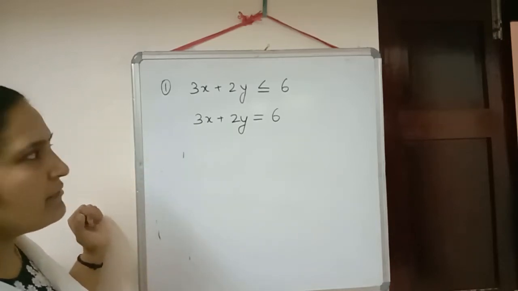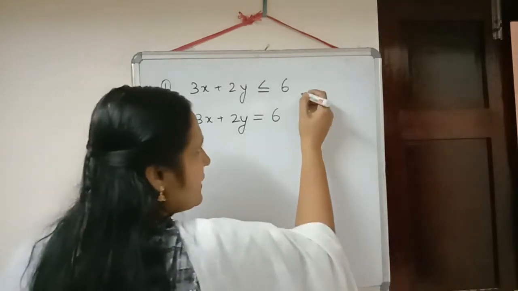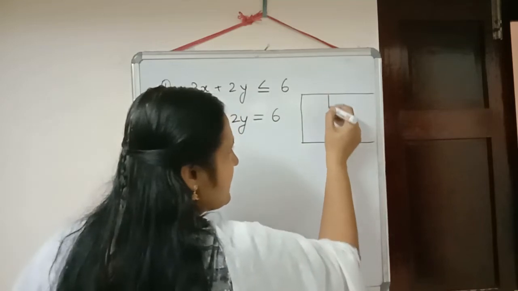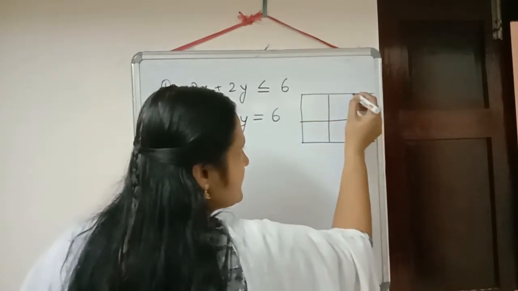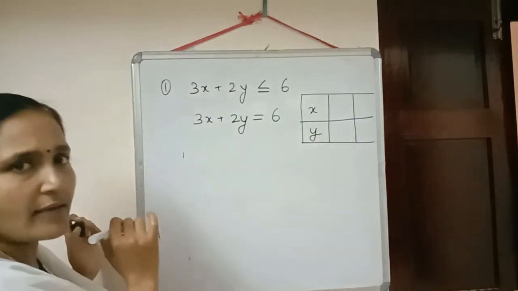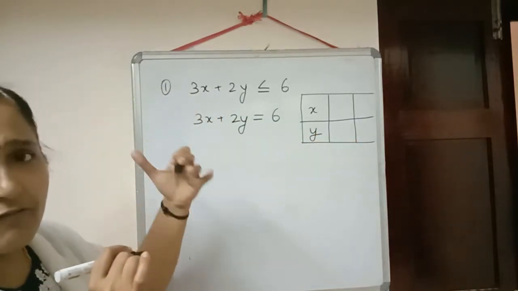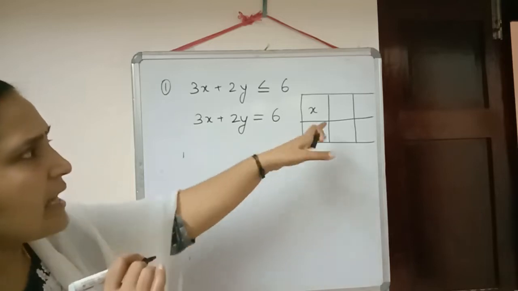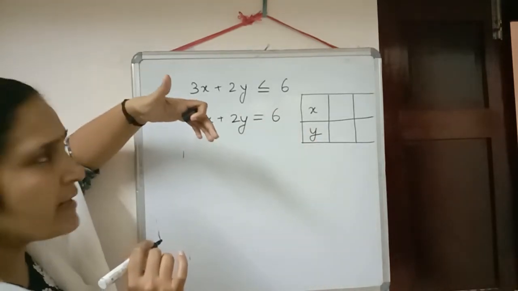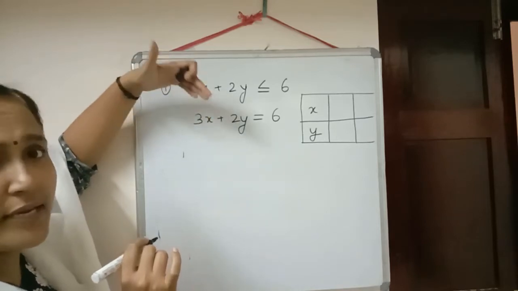So in that way only we are going to draw the graph there. Just take two values. First is x equal to 0 and second value is y is equal to 0. Two points are enough there. And that rough work you don't have to show there. Directly you can write down the value here. And 0 we are taking to make the calculation easier.